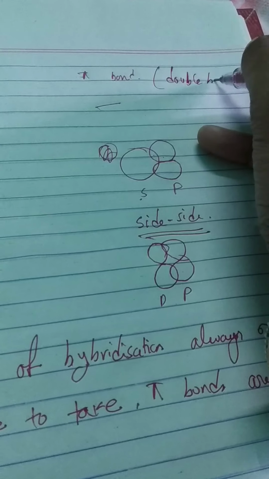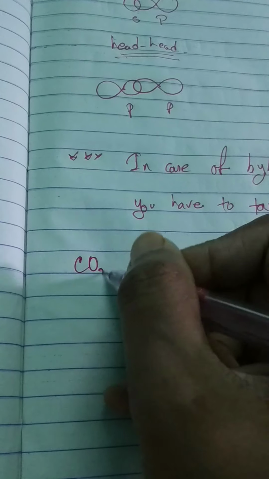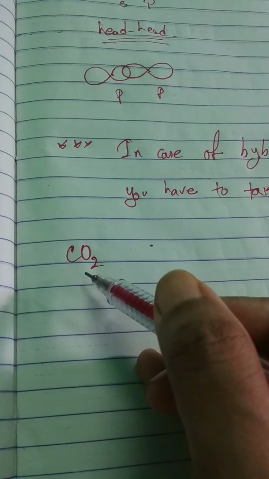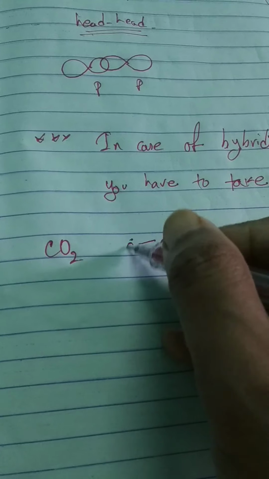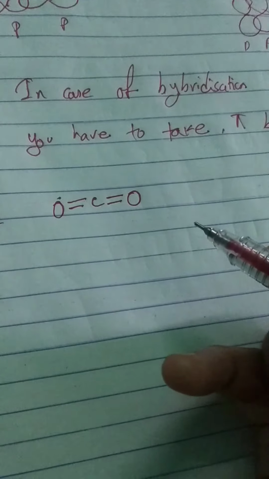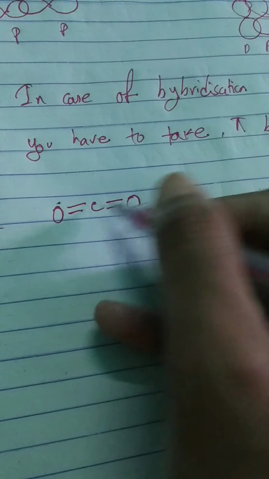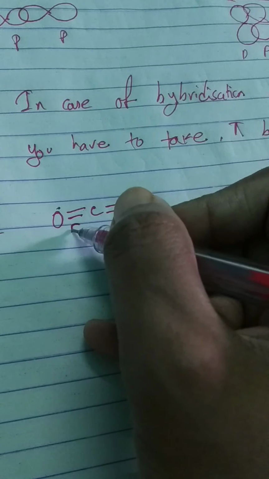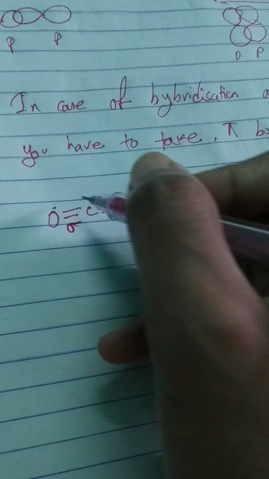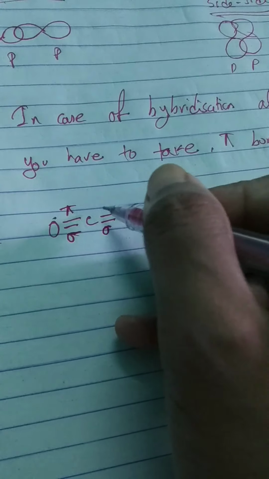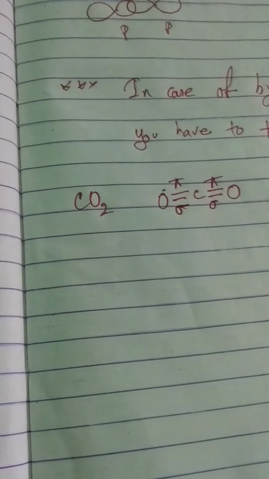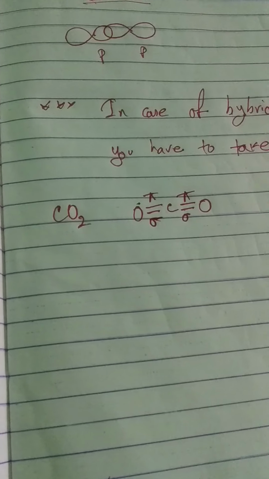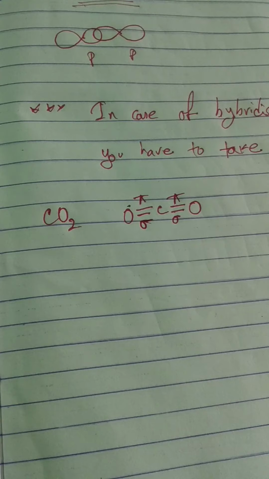For example, I am taking one molecule, carbon dioxide. You know the molecular structure of carbon dioxide is C double bond O on one side and C double bond O on the other side. Double bonds are present on both sides. Out of each double bond, one will be sigma and the other will be pi. Suppose this one is the sigma bond and this is a pi bond, or you can write it the opposite way also. Whenever multiple bonds are present in your molecule, one will be sigma, as sigma is always one between two connected atoms, and the others will be pi.